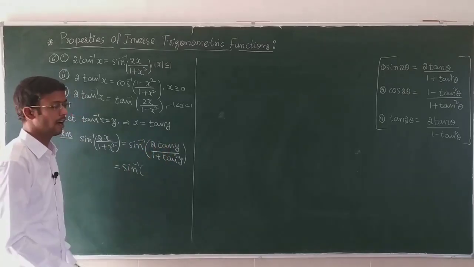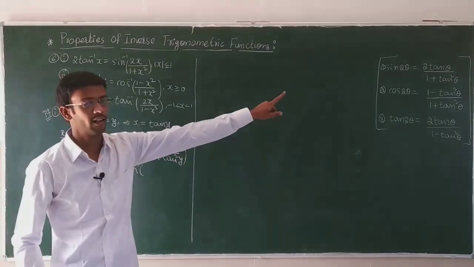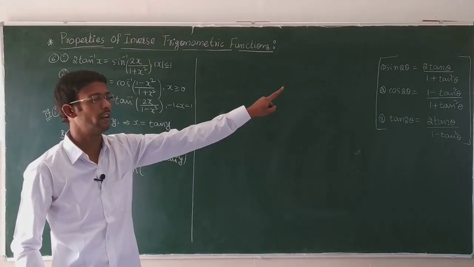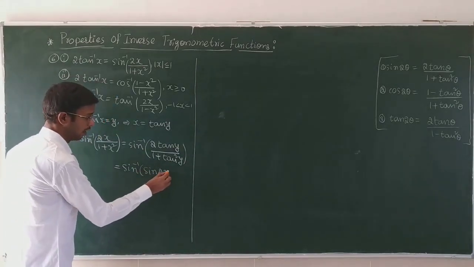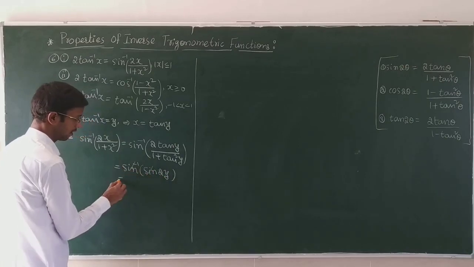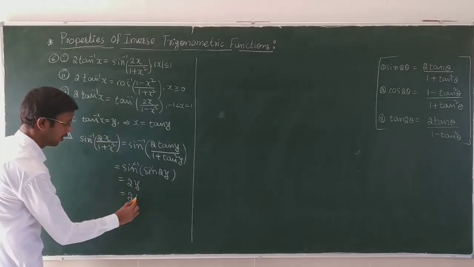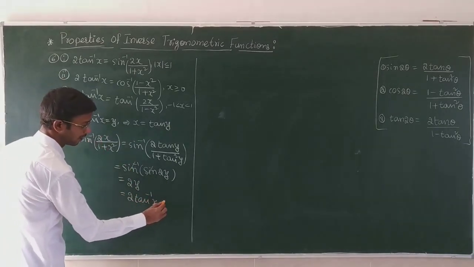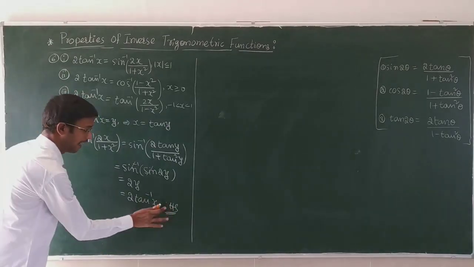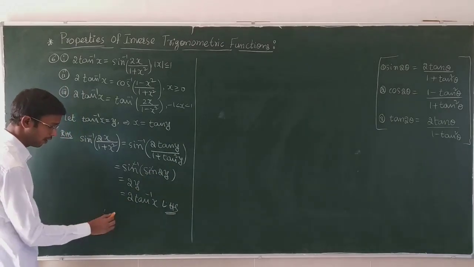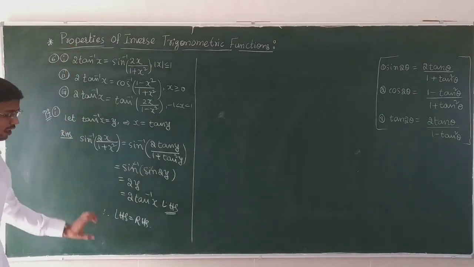This is the formula of sin 2 theta in terms of tan. Already I wrote that sin 2 theta is equal to 2 tan theta by 1 plus tan square theta. So we can write here sin 2y, sin inverse cancels 2y, and y is nothing but tan inverse x. This is the LHS part. Therefore, LHS is equal to RHS. You can write the question here now.